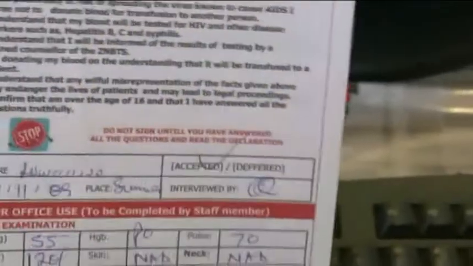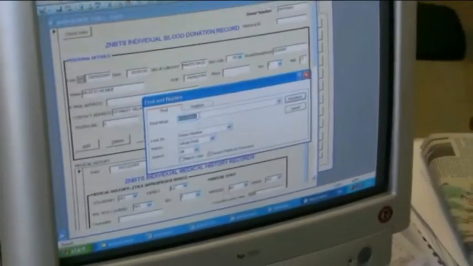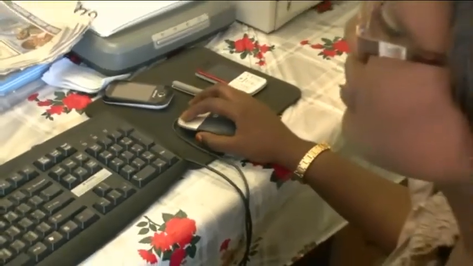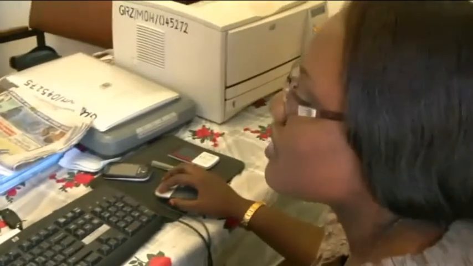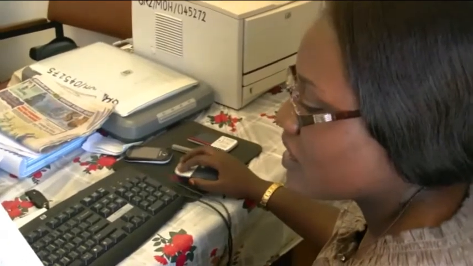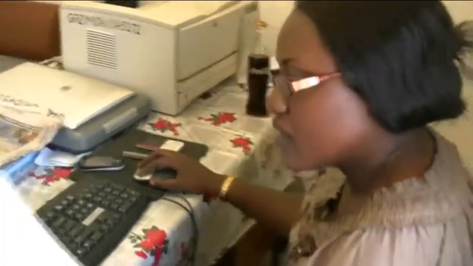So if you want to enter this information, you have to click here on enter donor information. Then you can search first if this donor number is already in the system by clicking on the donor number and finding out. Then you just enter the donor number you have here. If the donor number is not there, it will obviously tell you that it's not there. Then you enter the donor number and all the donor information, the name, and the donor himself or herself will indicate whether they've donated blood before and all that.